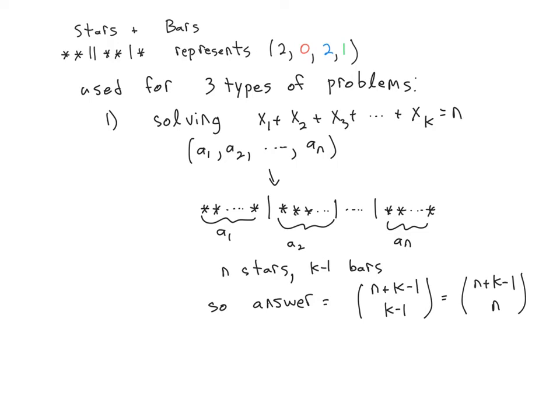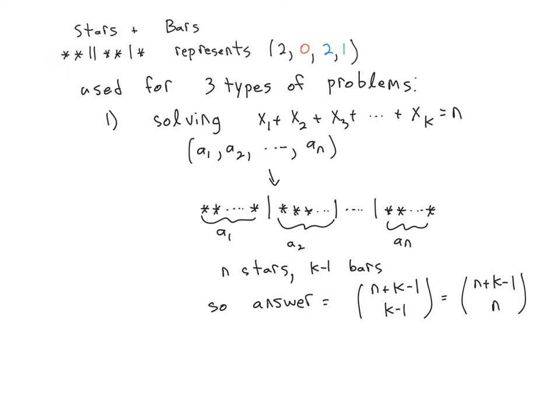So at this point, I'm assuming you've already read the textbook on this section about stars and bars, but briefly, the idea behind a stars and bars argument is whenever you have one of these distribution problems where we're talking about solutions to a linear equation with positive integers, instead of encoding your solution as an ordered quadruple like 2, 0, 2, 1, the standard approach is to make a stars and bars chart where you have,